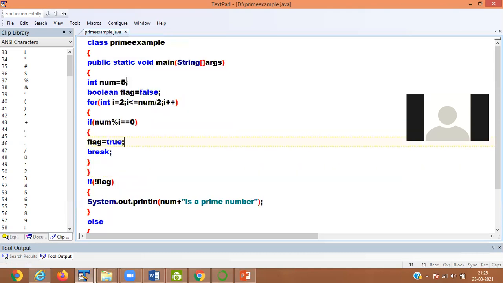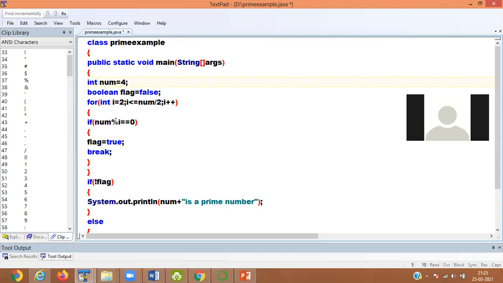If you pass 4 here, what happens? In flag, I have already defined false. i is equal to 2. So 2 less than 4 by 2? 2 is not less than 4 by 2, 2 is equal to 2. Yes.